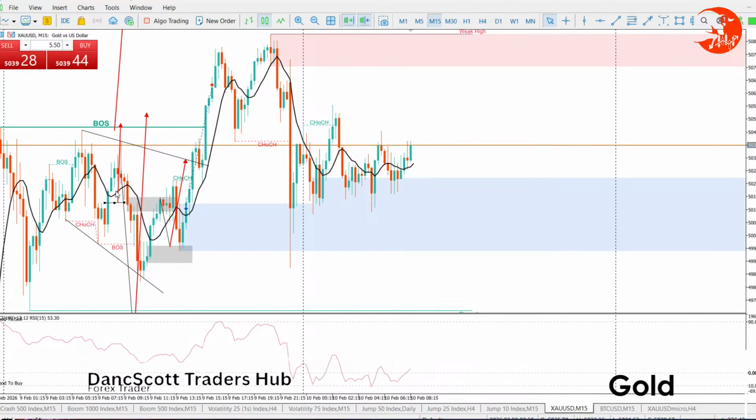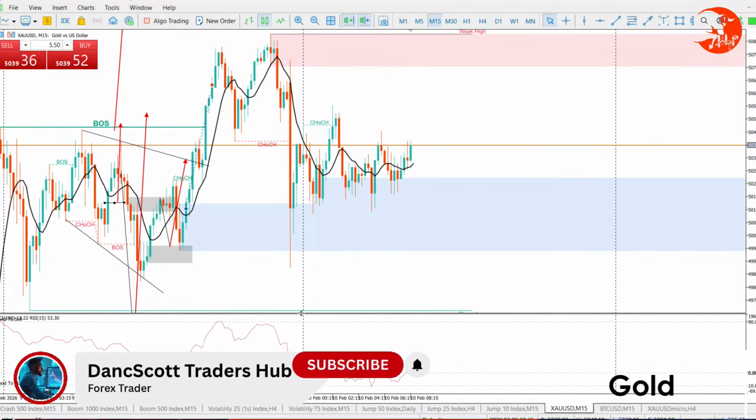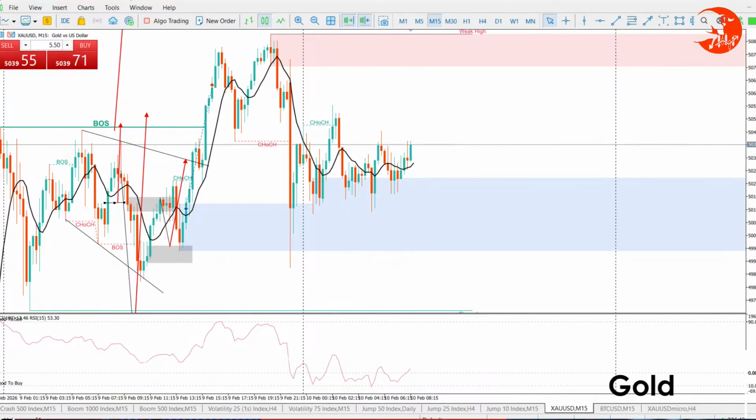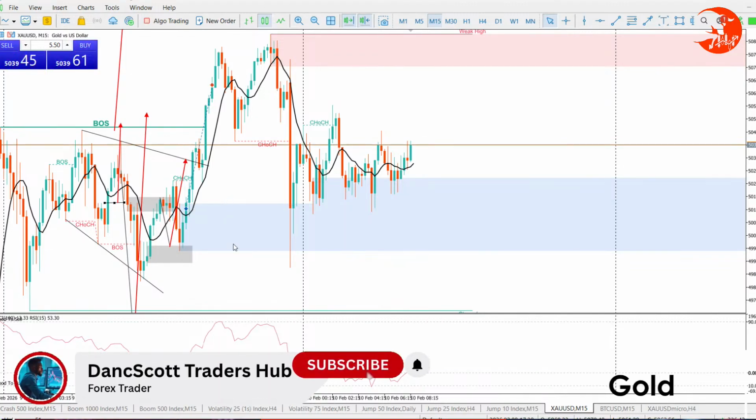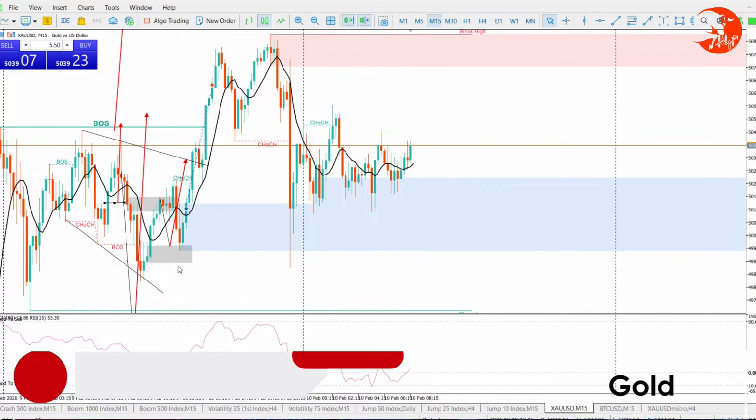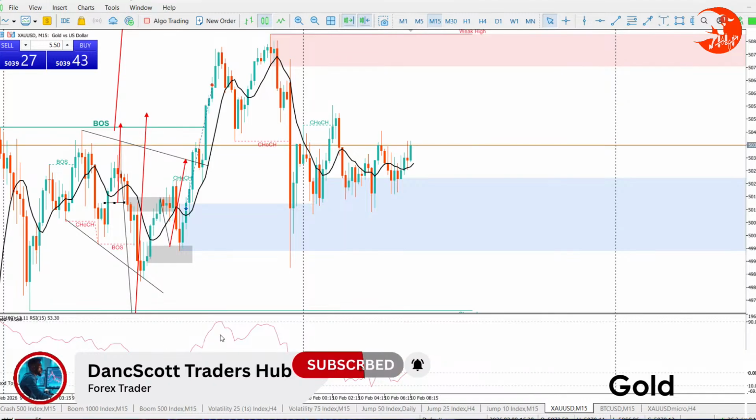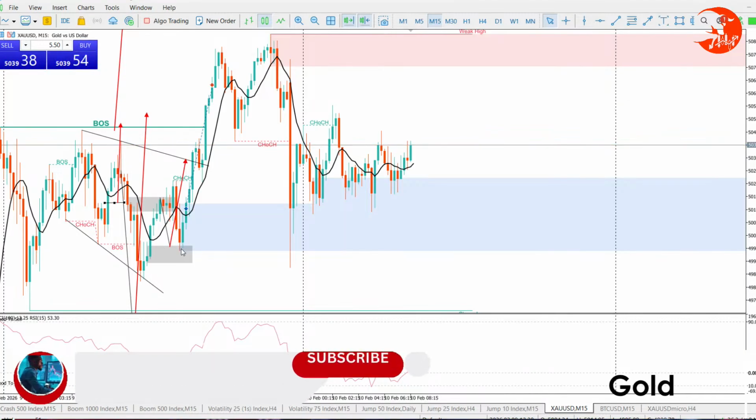and clearly it did exactly what we wanted. So I had already told you we are going to be looking for buys. There's no need of price going back again. There's no liquidity that was left back to look for. That's why I was looking for an entry right here.